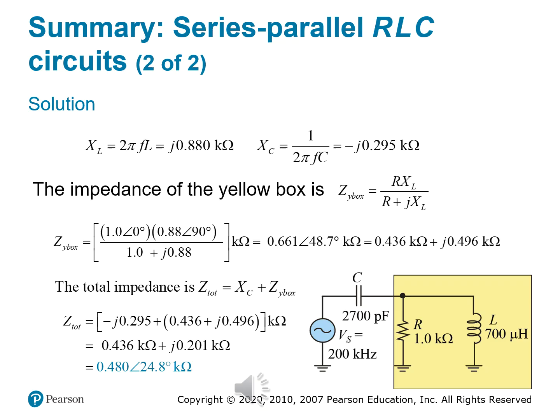This gives us a reactance, X of L, of j 0.880 kiloohms. We have a capacitor, C at 2700 picofarads, which gives us a reactance, X of C, equal to negative j 0.295 kiloohms. And in the yellow box, that's our parallel team, a resistor with R equal to 1 kiloohm,